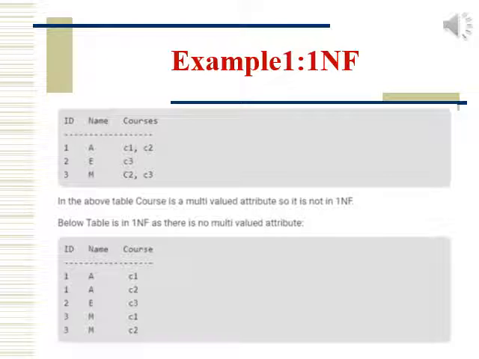So you may see here, for ID one, name A, the course is C1, and for the same ID and name the course is C2 also. This also applies to the third ID. It will also repeat, because for one it is the course C1 and for another it is C2. So this is the actual table converted into first normal form.